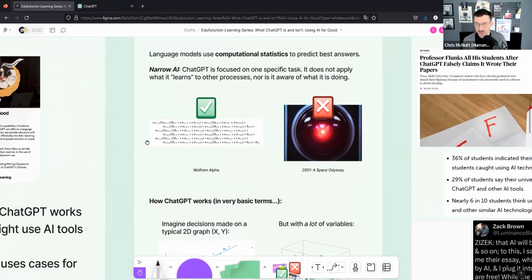Essentially, this is really complicated computational statistics that's used to produce best answers. It's like an incredibly complicated version of autocomplete, but on steroids. It's a form of what's called narrow AI, which means that ChatGPT can do one specific task very well, but it doesn't apply what it learns to other processes, nor does it actually understand what it is that it's doing. This is from Wolfram Alpha here on the left. This is an example of an artificial intelligence computation. It's just really complicated